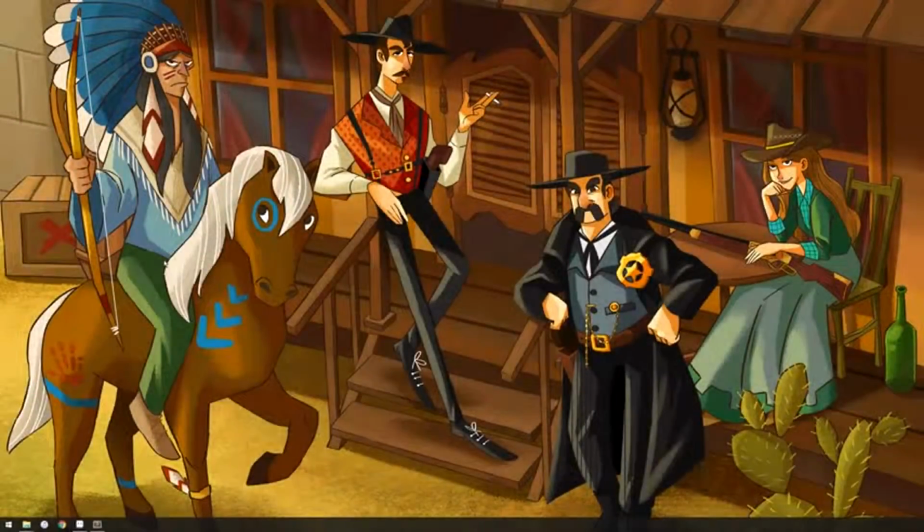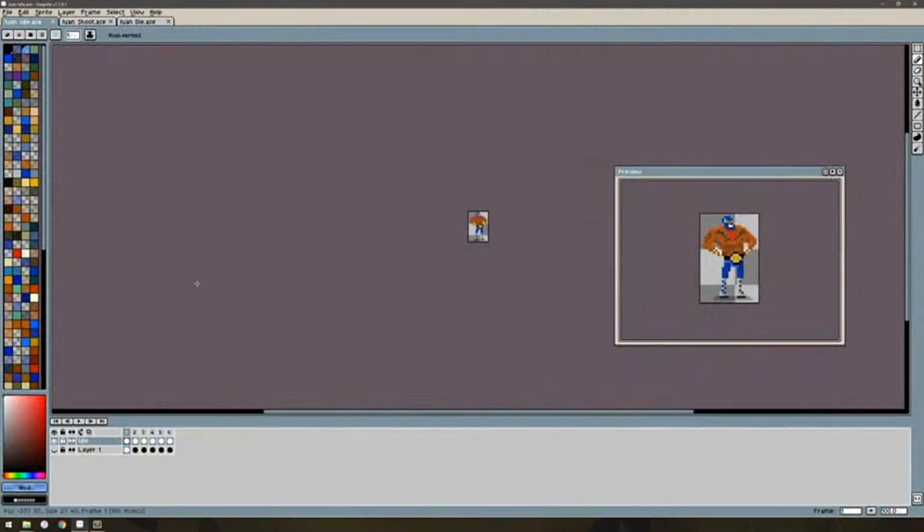G'day folks, I'm going to show you how to take your custom content into Western Press. The first part is the export process. We use a program called Aseprite, which we've used for all of our art, but many pixel programs should export a JSON file along with their sprite sheets, and if they don't, I'll show you how to import a linear